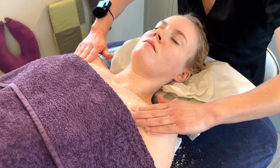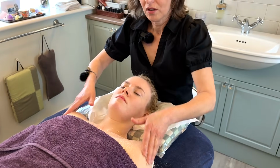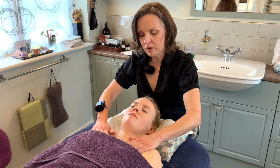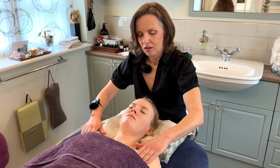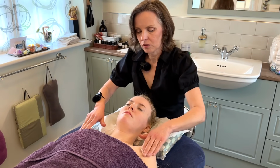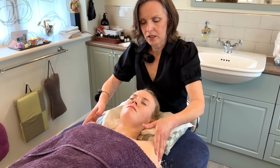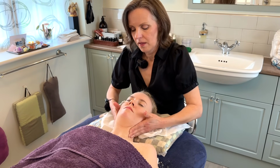I'm going quite gently now because the area has produced a nice rosy tinge, and in essential oils this effect is called rubefacient, meaning nice and reddening and rosying, bringing blood to the area, and particularly going over just above the lymph node in the armpit to help stimulate that area, which helps remove toxins and waste from the chest and upper part of the body. And then round the neck,